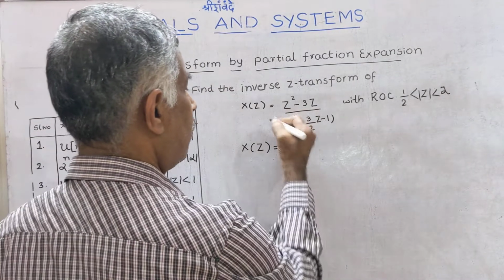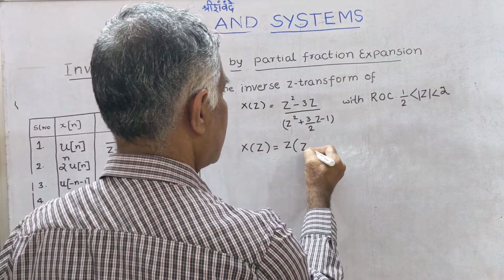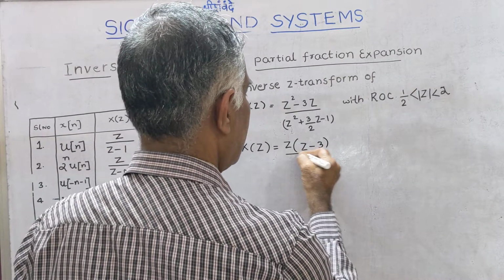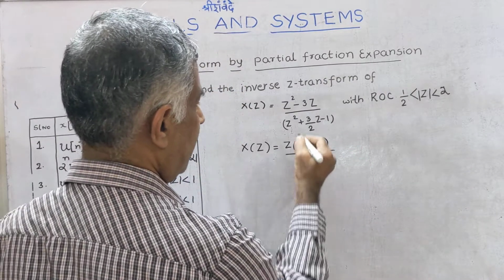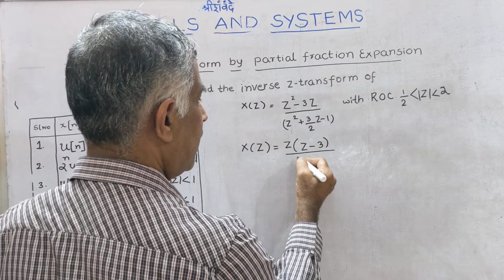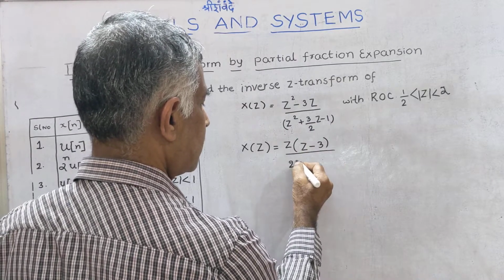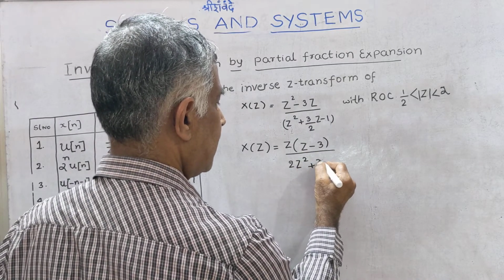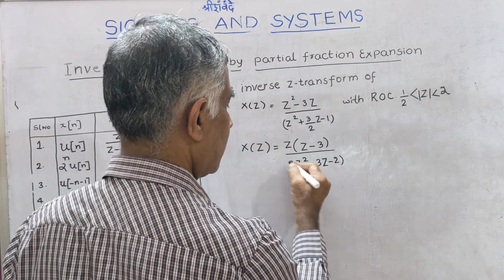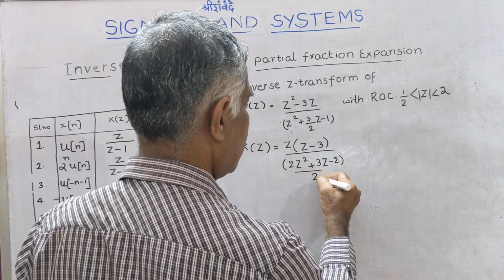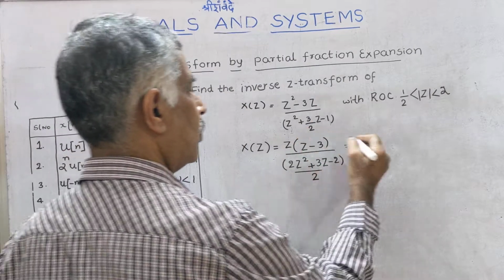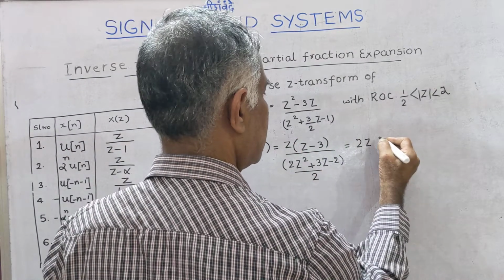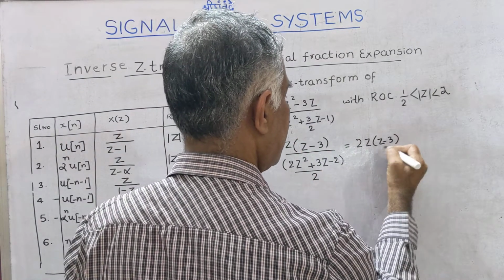Therefore, take out Z into (Z minus 3) divided by, taking LCM here, (2Z square plus 3Z minus 2) by 2, that is 2Z into (Z minus 3) divided by,